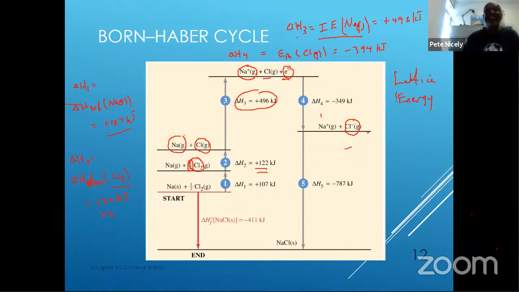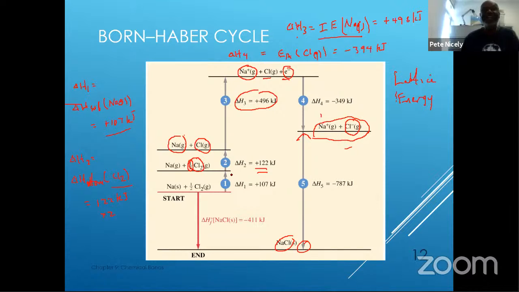In this case, the lattice energy would be the energy requiring the breakup of this into the ions here, all right? So basically, we're talking about the reaction going in that direction and not in the direction shown by this arrow, all right? Okay, so now that we have completed the Born-Haber cycle diagram, we can establish the quantitative relationship